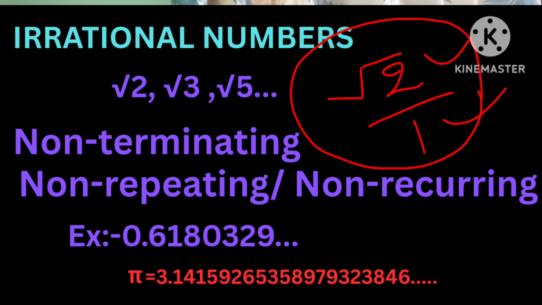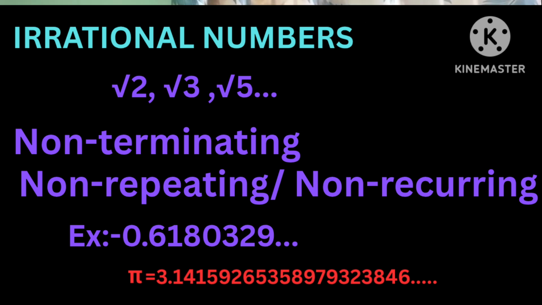So root 2 by 1, first condition is satisfied, but second condition is not satisfied. But third condition is satisfied, 1 is not equal to 0. See, if all the conditions will be satisfied for being a rational number, then only it is a rational number. Here, all the conditions are not satisfied. So the numbers, those who are not rational, are considered